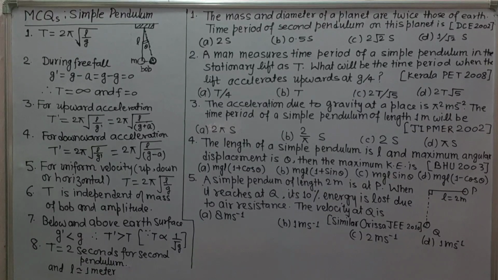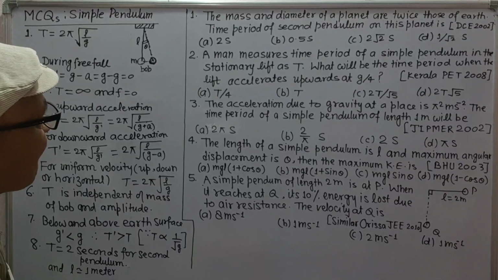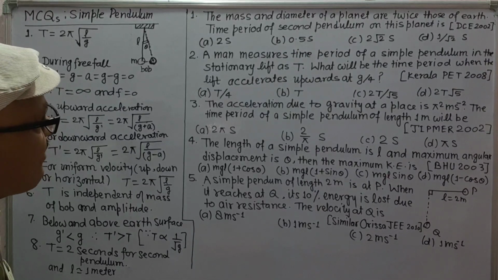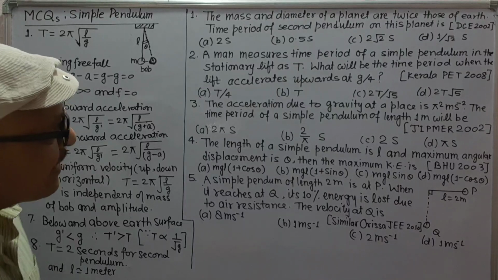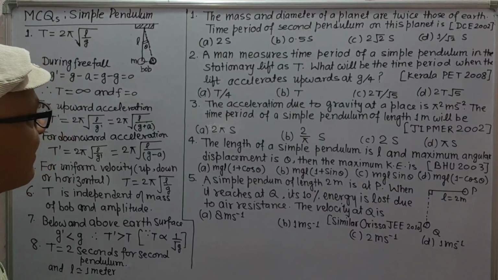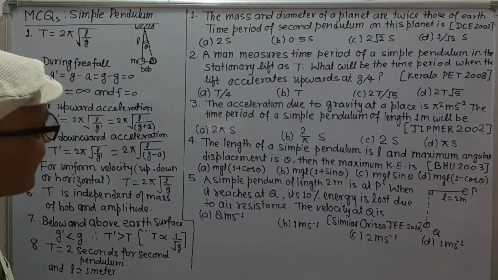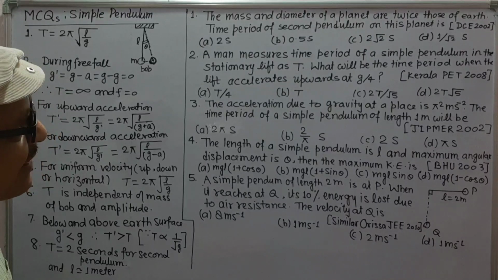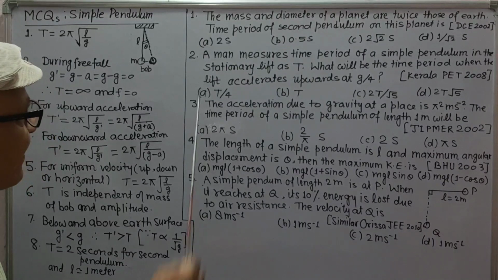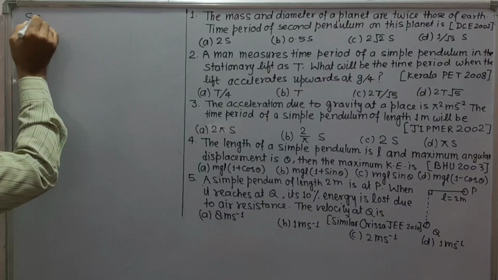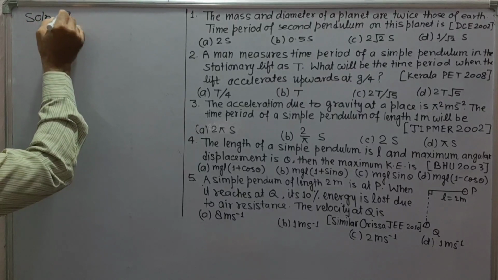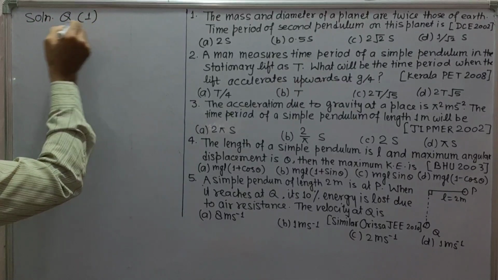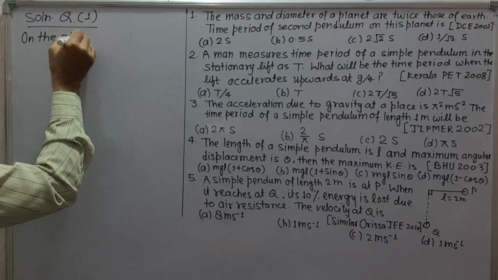Now, let us take the question number 1. The question is, the mass and diameter of a planet are twice those of Earth. Time period of second pendulum on this planet is, these are the options. Solution to question 1. On the given planet,